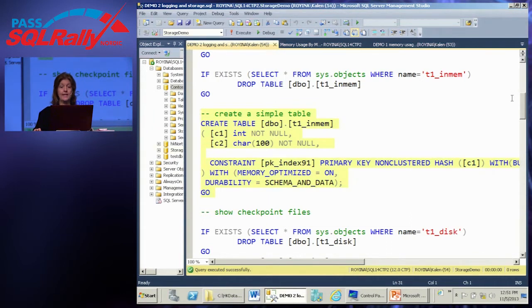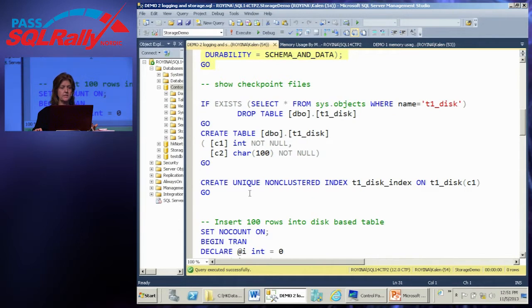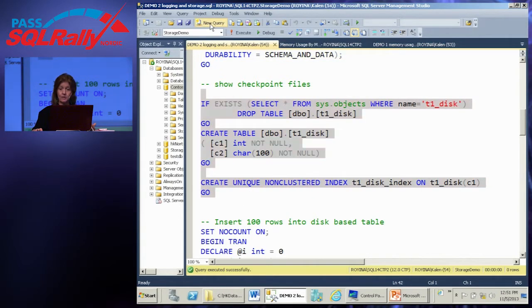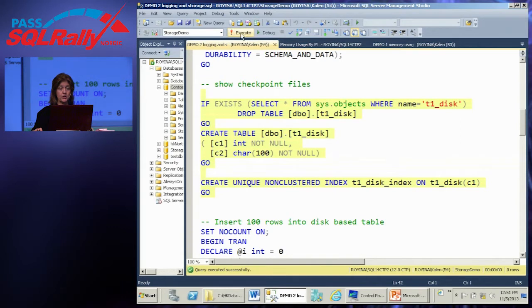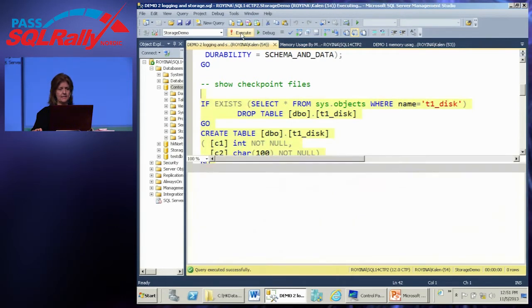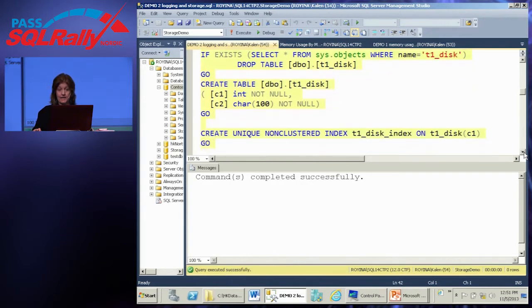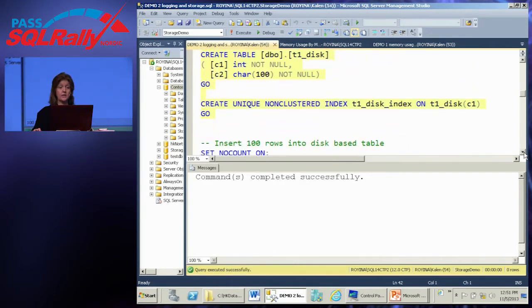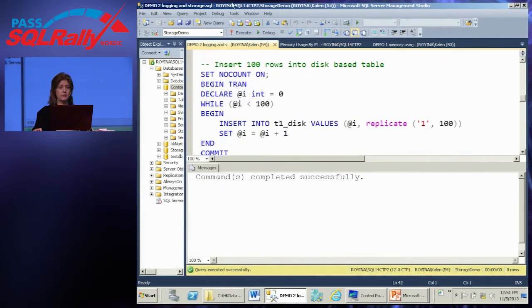You can look in that location and see storage space changes. So I'm going to create a table with a range index this time. And I'm sorry I did not get to show you the other demo with range indexes, but you can do the same thing. You can create a range index and just look at the memory space and see that there's no space when you first create the table, only space after you start inserting rows.